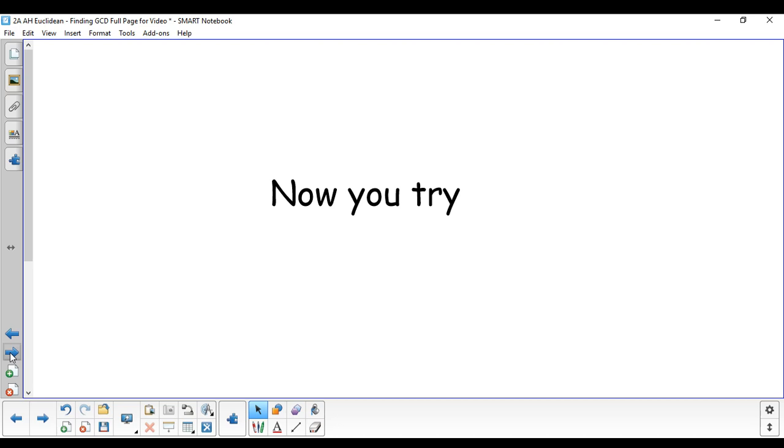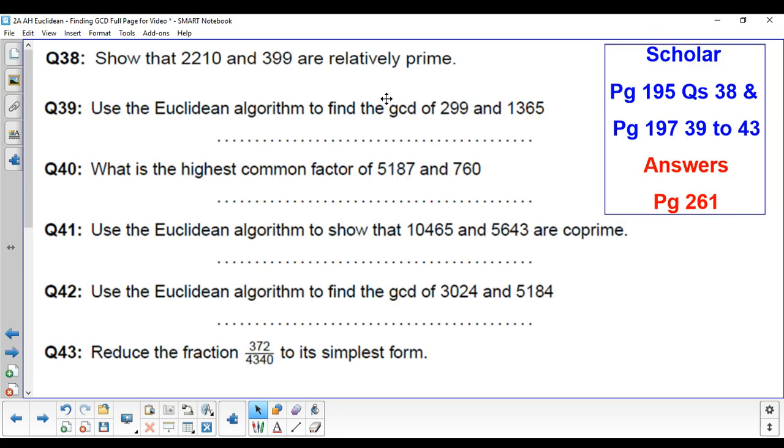Okay, it's your turn to try. So what you're going to do is try and figure out something relatively prime. So you're trying to show that the greatest